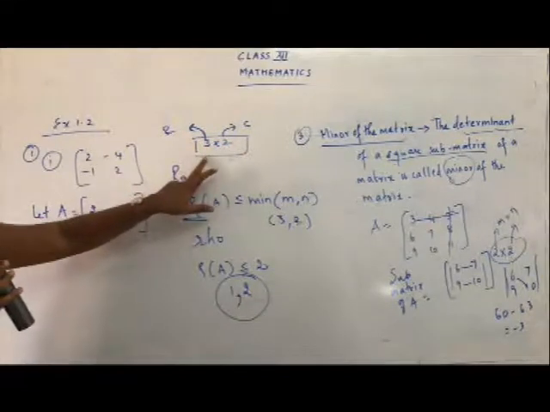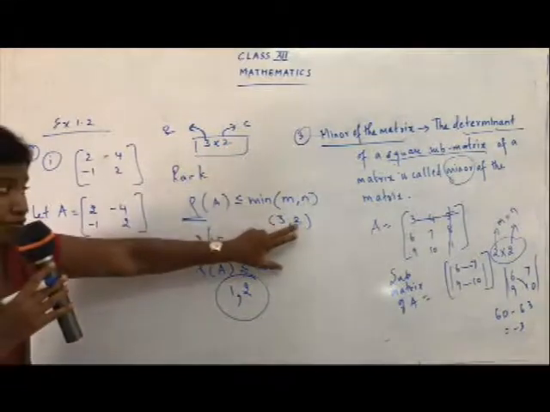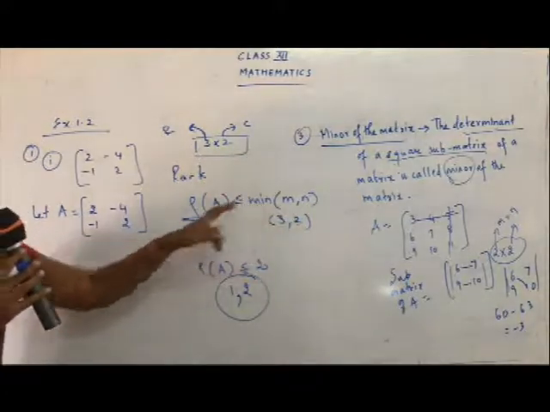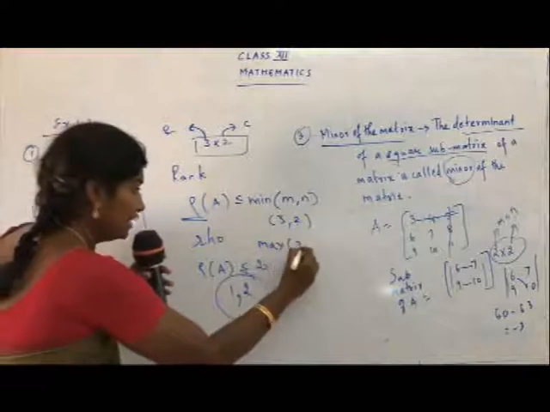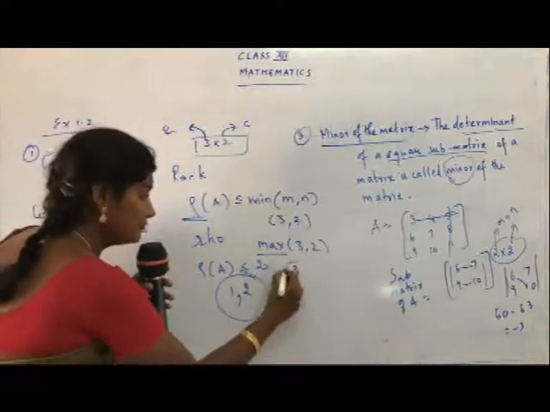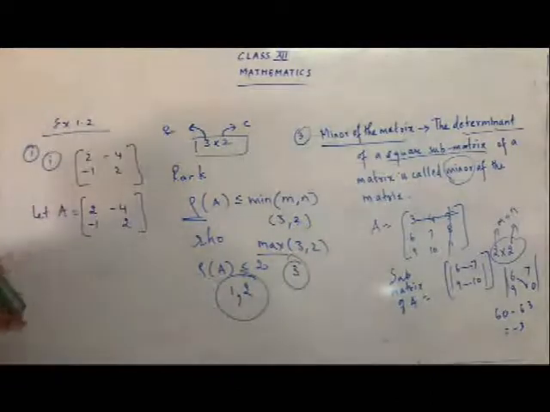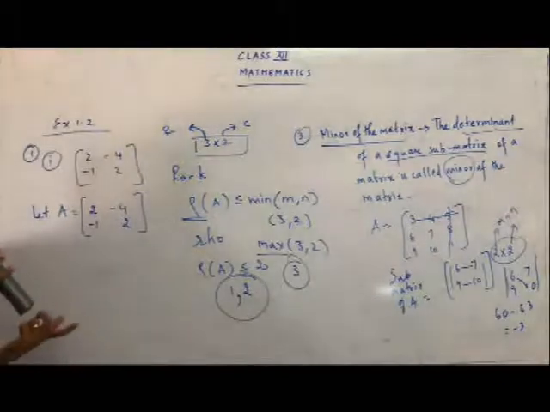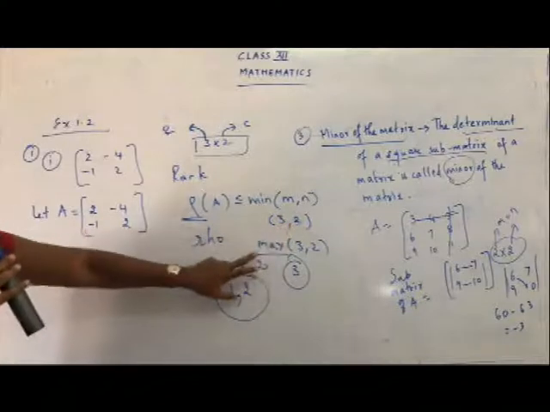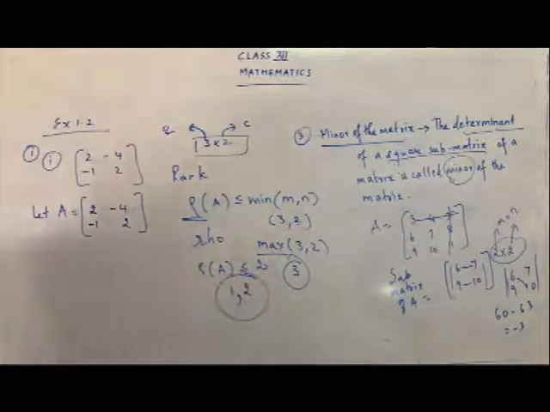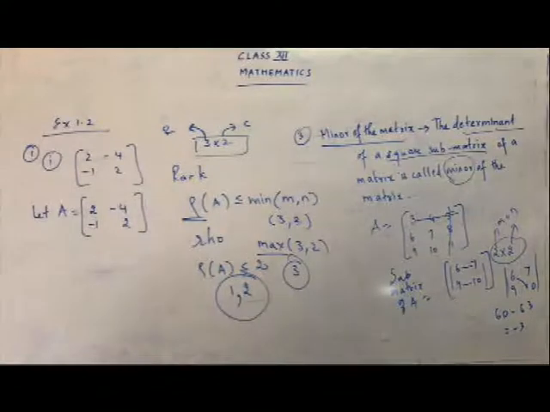Which is the minimum number over here? Yes, the minimum number is 2. M-I-N, that's minimum. Minimum means the smallest number. If it was the maximum of 3, 2, what is the maximum? 3. That is, you have to choose the bigger number. So get the idea: minimum is the smallest number, maximum means the biggest number. Okay, so let's follow the rule and try to find out the answer.